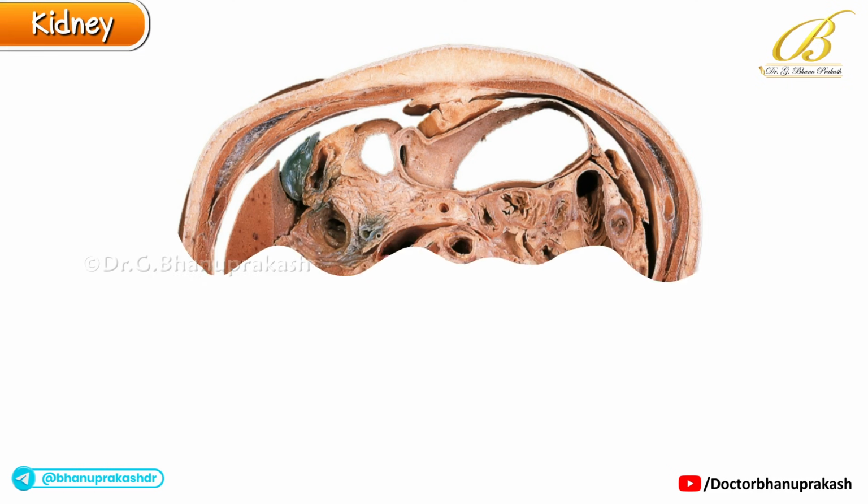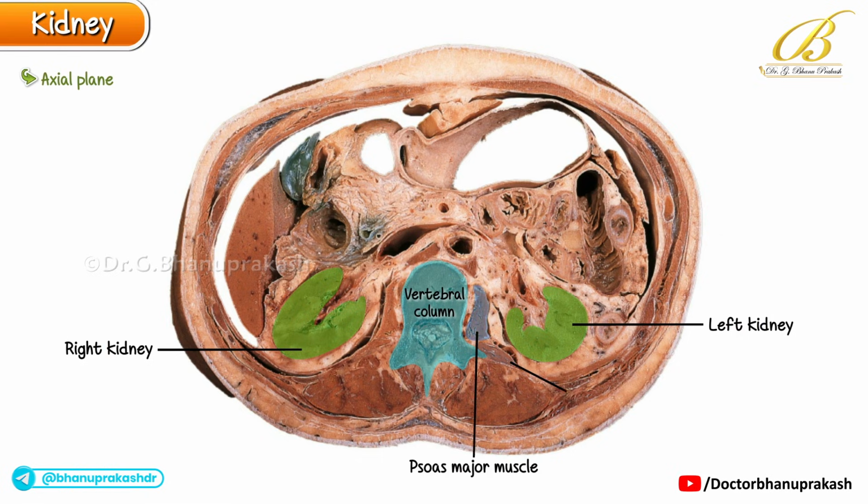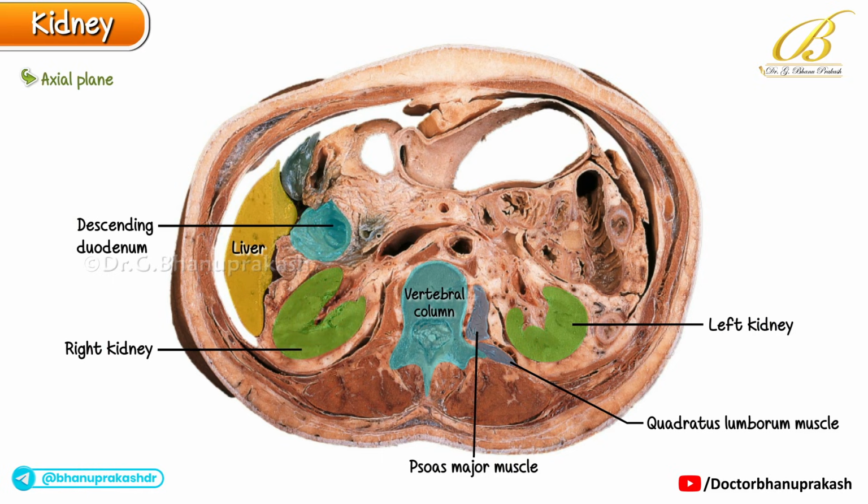This illustration of the axial plane shows the location of the kidneys in relation to the vertebral column. The posterior surfaces of both kidneys are closely related to the psoas major and quadratus lumborum muscles, which are clearly visible in this section. Anterior to the right kidney, the liver and the descending part of the duodenum can be